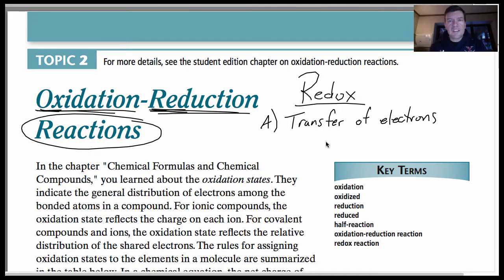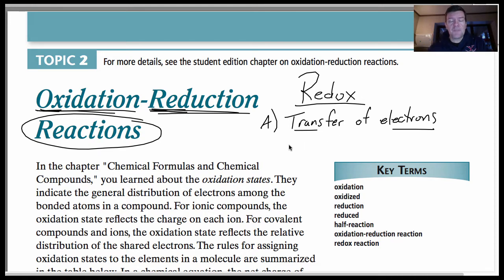So reactants, separate compounds, are going to react in a way where electrons are transferred from one to the other and creating new products. Okay? So a redox reaction is when there is a transfer of electrons. There has to be a transfer of electrons. So how do we keep track of these electrons? It'd be nice if we kept track of these electrons somehow, if we had some system to try to keep track of electrons